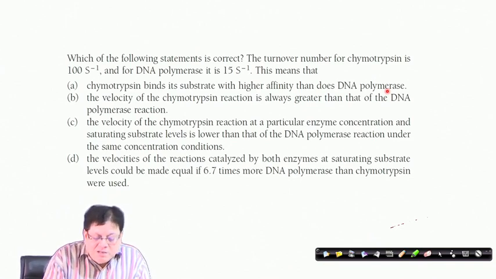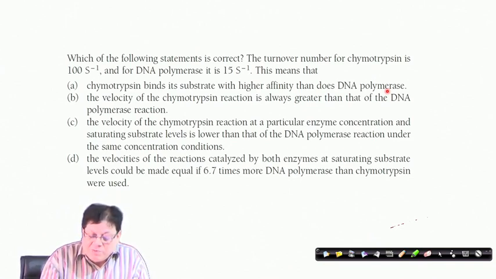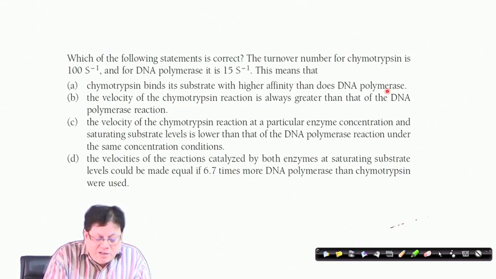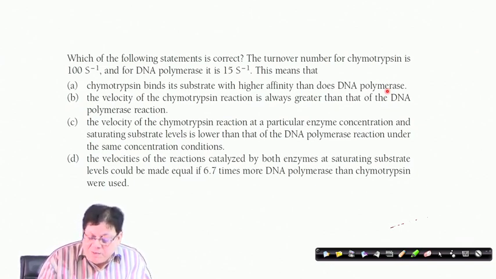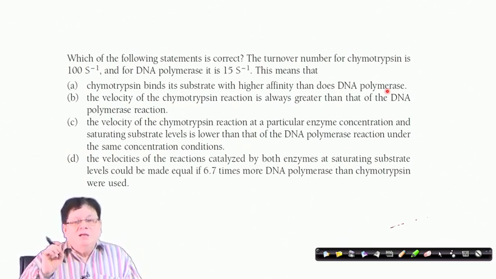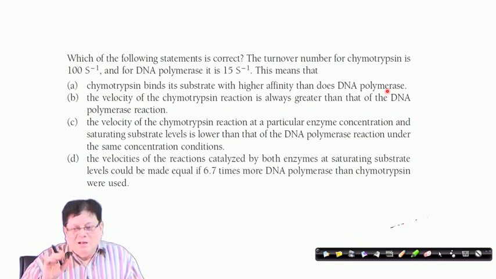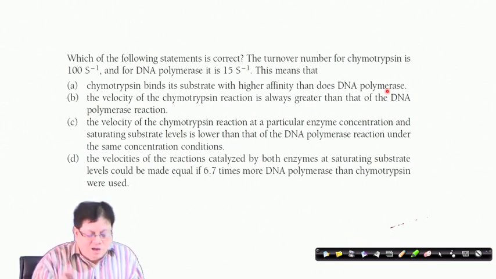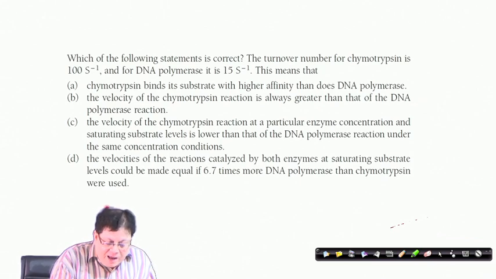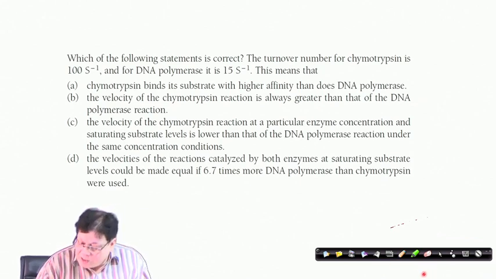And the velocities of reactions catalyzed by both enzymes at saturating substrate levels could be made equal if 6.7 times more DNA polymerase than chymotrypsin were used. Again, repeating: the velocities of the reactions catalyzed by the enzymes at saturating substrate levels. That means, at saturating substrate levels, the velocity of the reaction is equal to the Vmax. Saturating means when you have saturated the active sites. So, the Vmax for